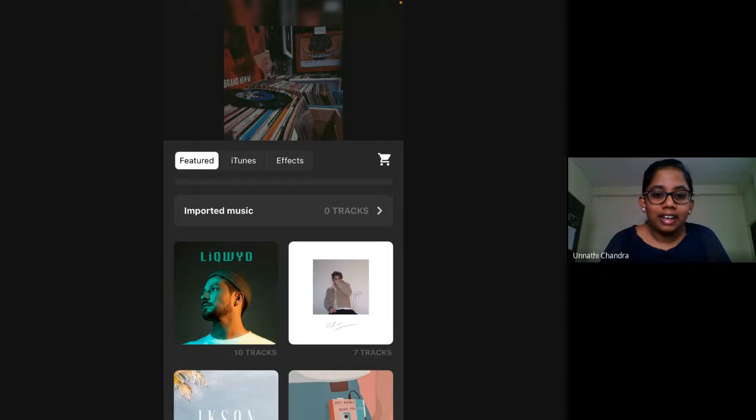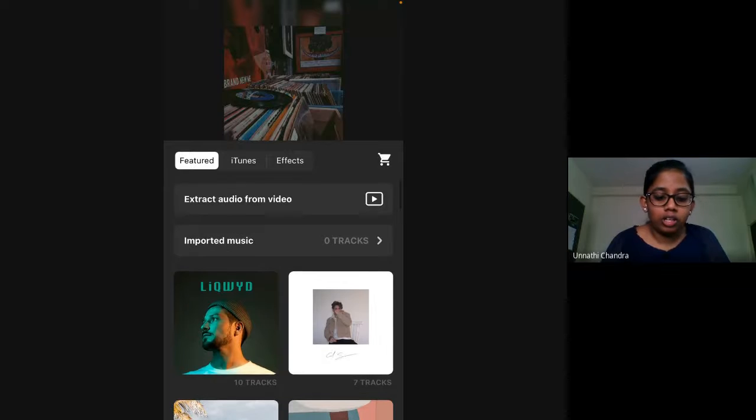So we can select any track that you want, or you can extract audio from video. As you can see that option on the top, extract audio from video is if you have, let's just say, a video that you downloaded from anywhere, or maybe a screen recording, that's an option, right? So if you screen recorded a video and you want that particular audio, you can use that extract audio from video option, and you can use the audio of that video. You can extract it and use it in the video that you are making.